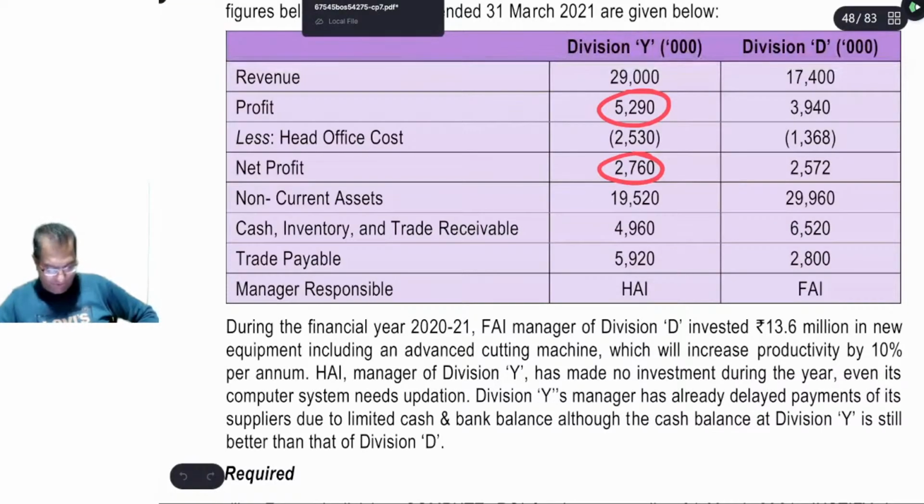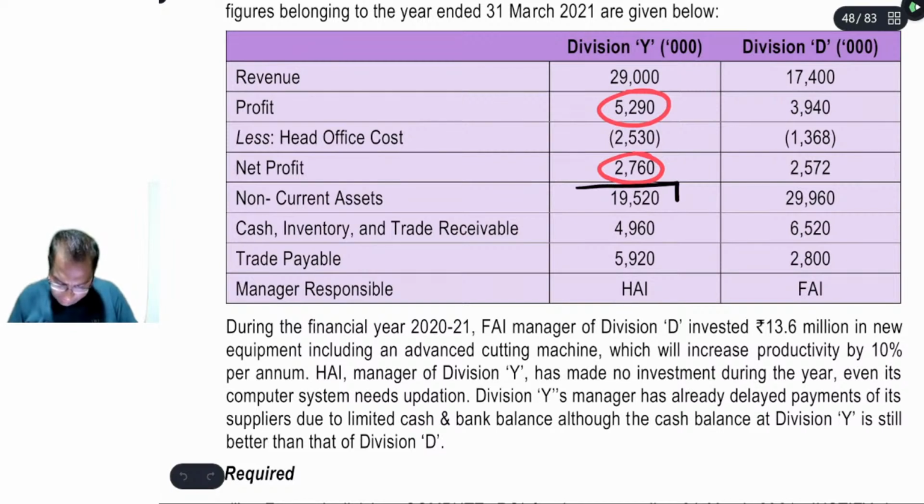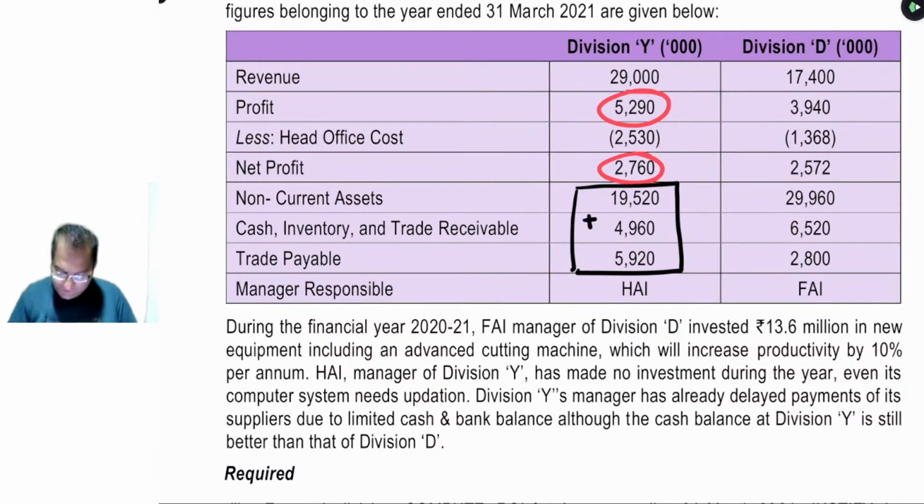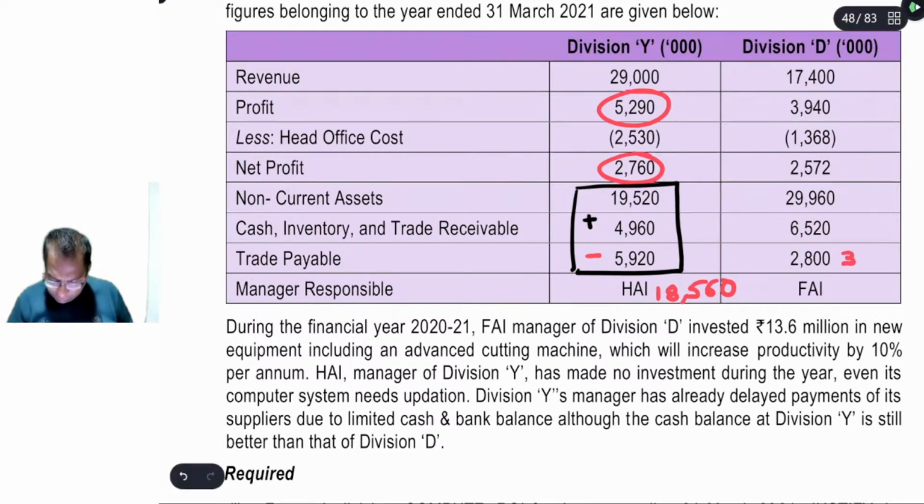हमें चाहिए कंट्रोलेबल एसेट्स। ओके बेटा, बहुत सिंपल है। तो देखिए, ये 3 ट्रांजैक्शन हम कंसिडर करेंगे। 19,520 प्लस 4960 माइनस 5920, तो हमारा टोटल नेट एसेट आ जाएगा इंक्लूडिंग द वर्किंग कैपिटल। 19,520 plus 4960 minus 5920, so this is 18,560, and here 29,960 plus 6520 minus 2,800, it's 33,680. क्लियर है? तो लिख दीजिए बेटा।